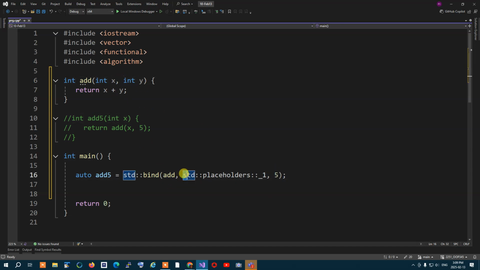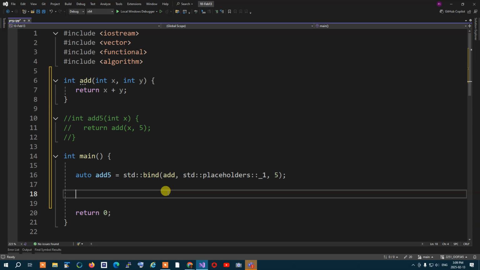So essentially this placeholder one means first argument, and 5 will replace the second one. Therefore, anytime I call add5, it will have x as first argument, but the second one will be replaced by 5. Therefore, I can do something like,